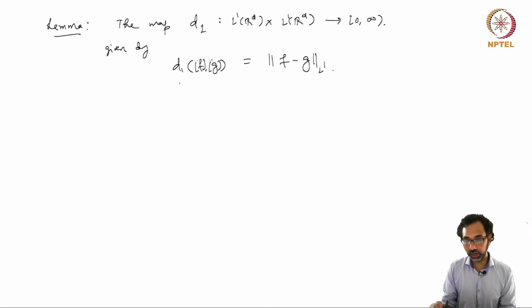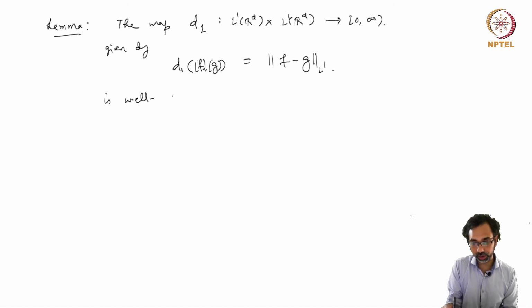One has to check that even if you take f prime and g prime in the same equivalence class, you will get the same result, but this is an obvious statement to make. So first, this is well defined,